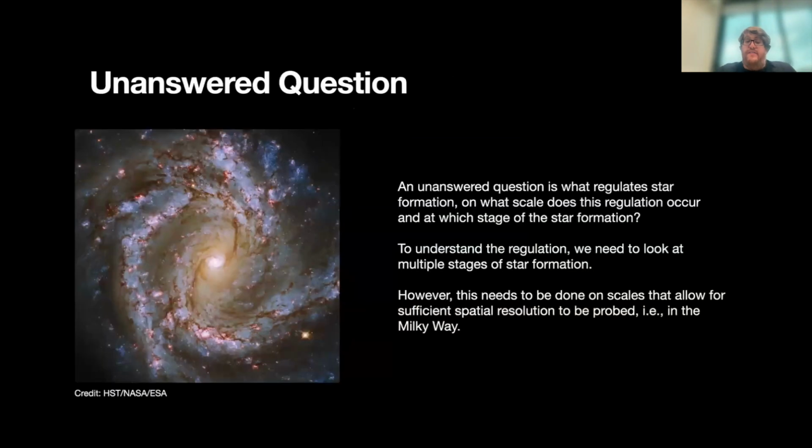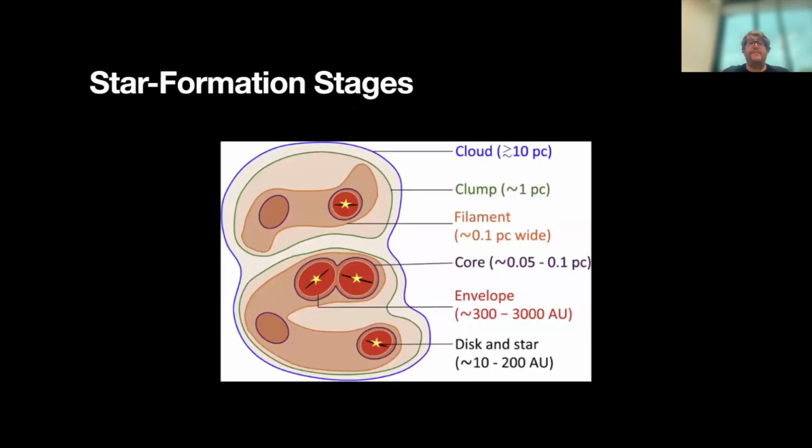So the unanswered question is basically what regulates the star formation? And at what stage of the star formation does it regulate it? So we need to look at multiple stages of star formation. And I personally think, and I may have an element of bias in this, that the best way to do this is in the Milky Way, because we have the sufficient spatial resolution to do this on all of these scales. So just to get to the scales, first of all, I'm going to focus mainly on these 4 stages